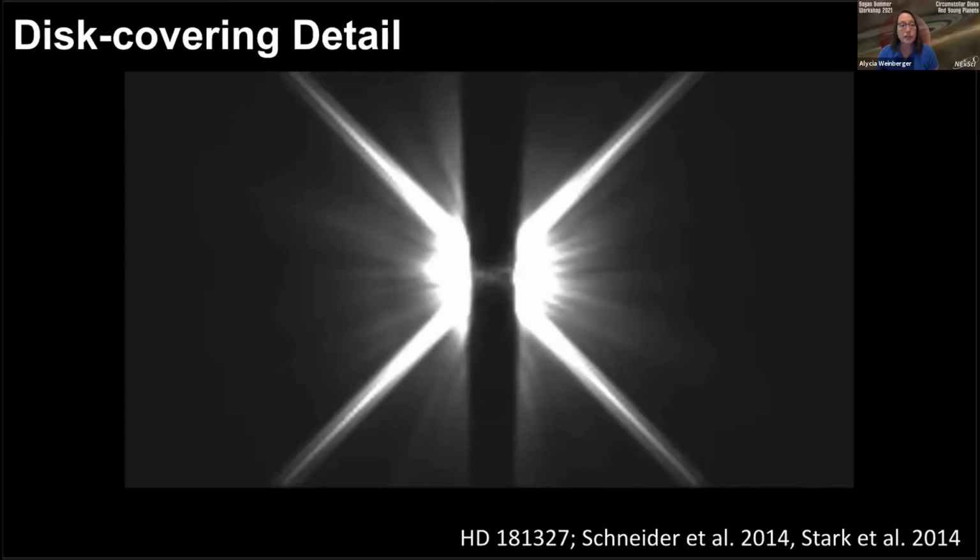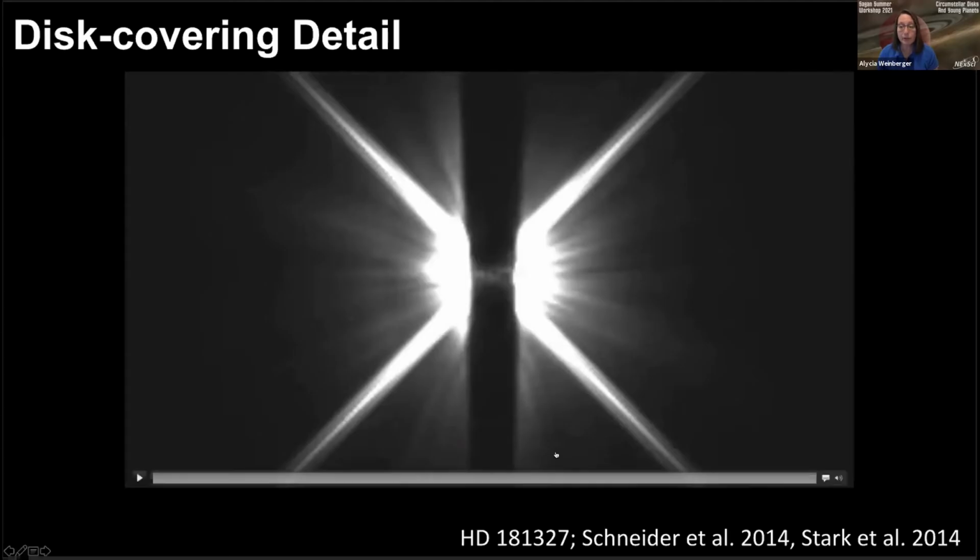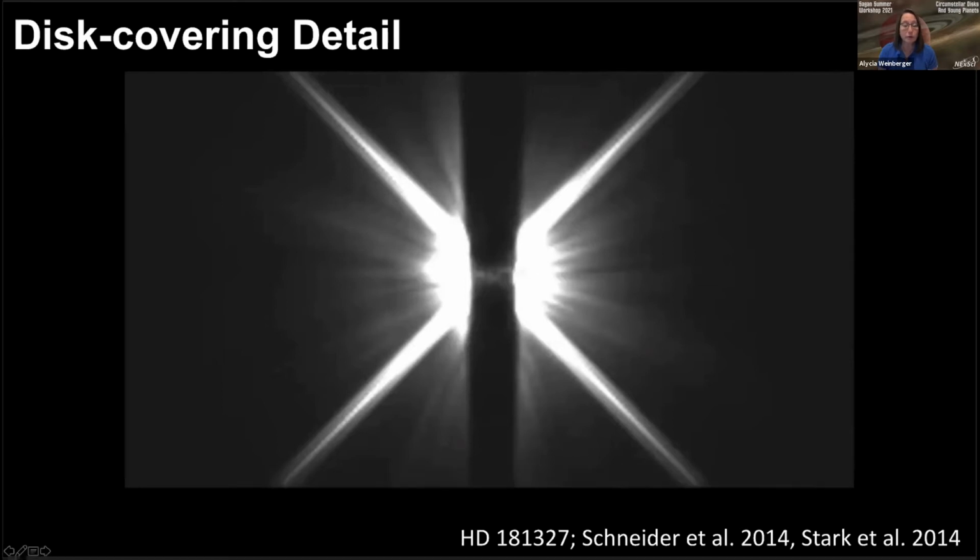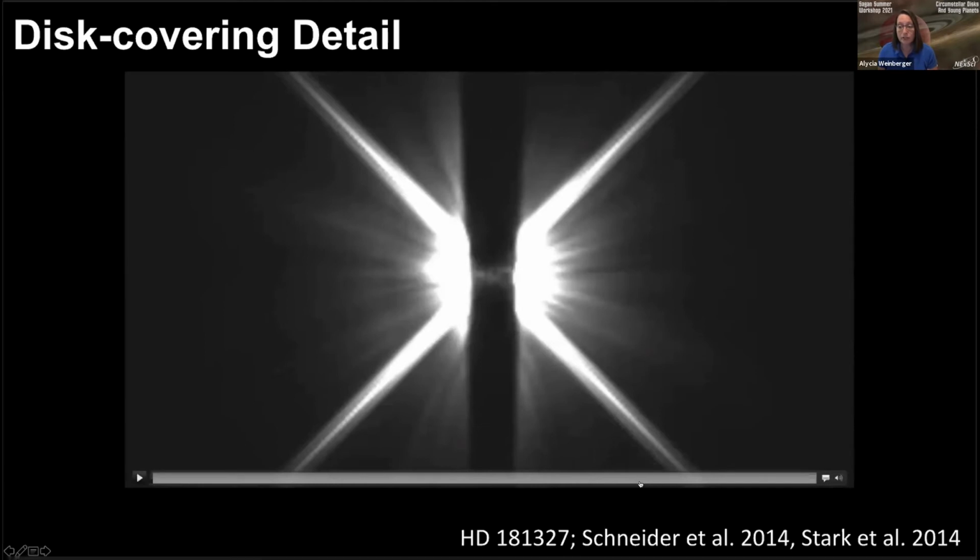So how do we actually observe this scattered light though? Because the problem is, of course, that we have the star there. And in order to actually use that spatial resolution, we have to remove the starlight. So we have two basic ways of doing this. We can either go to a very stable telescope, such as a space telescope, the Hubble Space Telescope, JWST should be just as good. And we can subtract the light from a reference star that doesn't have a disk.